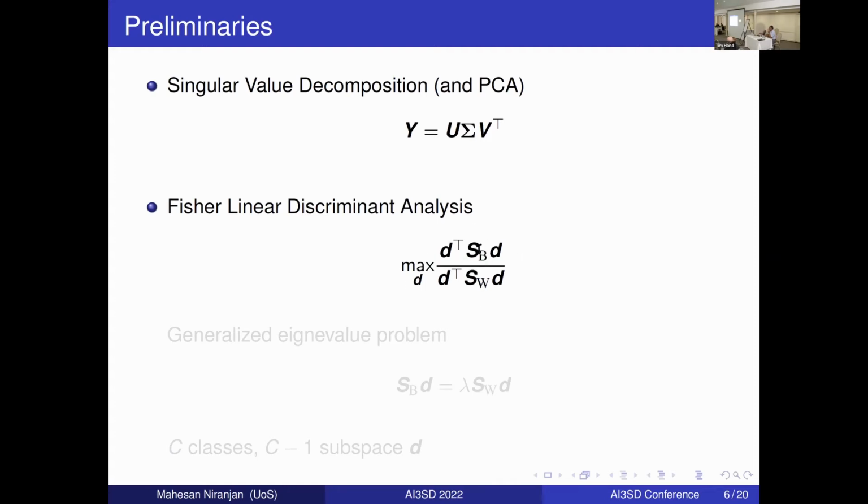which is how far the classes are scattered, should be very large. And at the same time, the denominator, which is how tightly each class is scattered, should be small. So you want to maximize this ratio. And that reduces, in a multi-class case, to a generalized eigenvalue problem. And if you solve this, if you had C classes, you can immediately find a C-1 dimensional